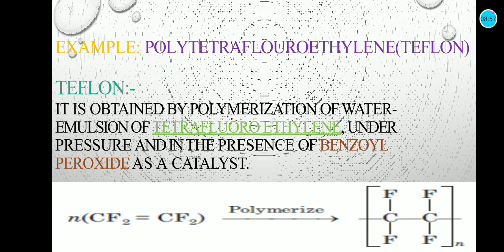Then an example of a polymer is Teflon. Teflon is obtained by polymerization of water emulsion of the